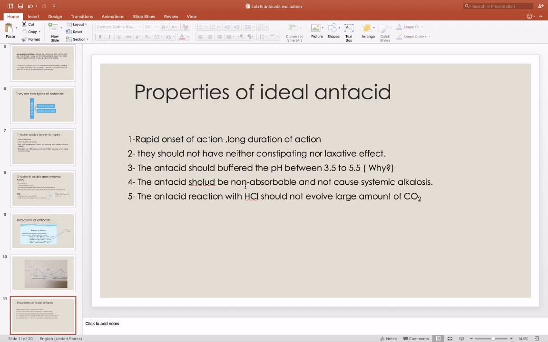The antacid should be non-absorbable and not cause systemic alkalosis. يعني احنا desirable انه يكون هو الانست مالته سريع لكن الابزوربشن مالته لازم يكون معدوم لازم يكون non-absorbable على مود انا اتجنب السيستميك side effect whether they are alkalosis or other side effects. The antacid reaction with HCl should not involve large quantities of CO2. يعني هو CO2 evolution بحالة البايكربونات or soluble is not يعني ما نقدر نتحكم به لكن الكمية مال CO2 المتحررة لازم تكون